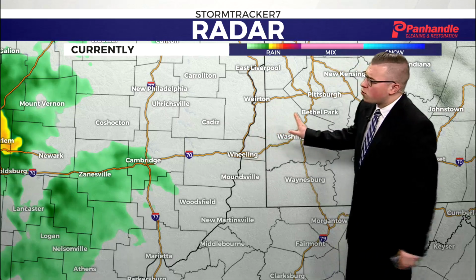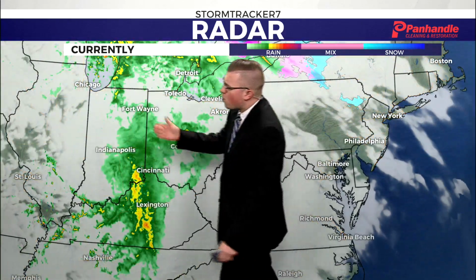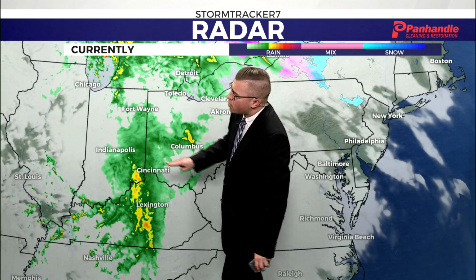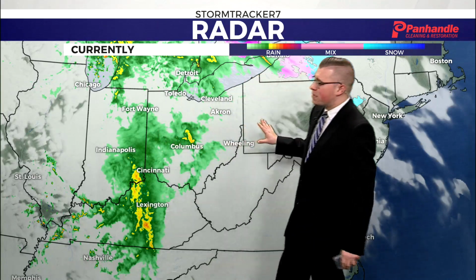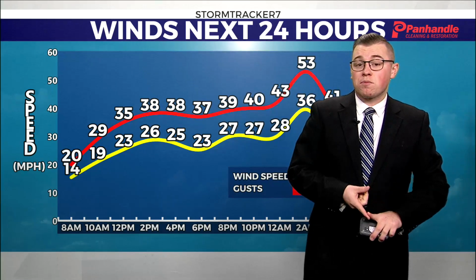Well, following very pleasant and sunny weather for the past couple days, we're unfortunately seeing things become a bit more gloomy and active as we begin to finish up our final week of March. Clouds start the morning, now even seeing some showers west of I-77. Though as I zoom things out, the bulk of the showers are for parts of southern Indiana down through Kentucky and Tennessee. Still likely to see a couple showers that could strengthen a little bit as they begin to move on east. So expect showers throughout the morning, so make sure you do have an umbrella as you step